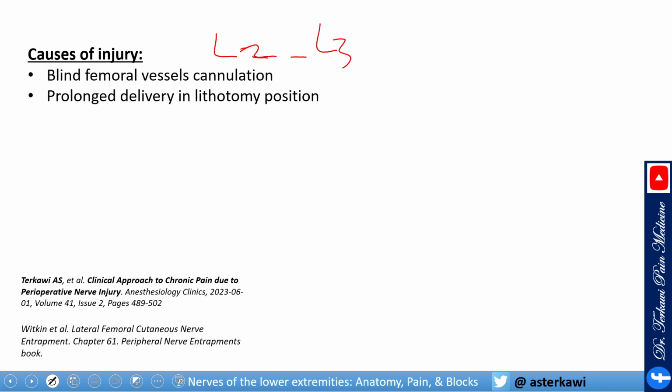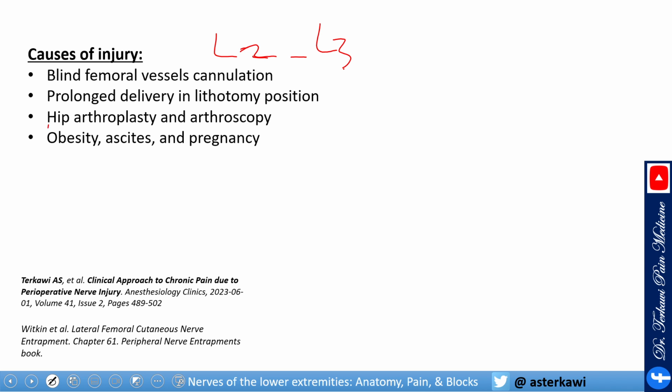Now, the challenge with this is that it often gets misdiagnosed or confused with L2 or L3 disc disease. So usually, a lot of the time, the patient goes the route of, okay, this is coming from your spine, starts to have a spine MRI, or the spine MRI showed something, and even to the point some patients end up with surgery. Another cause is prolonged delivery in lithotomy position, hip arthroplasty and arthroscopy, obesity of course, ascites, and pregnancy,